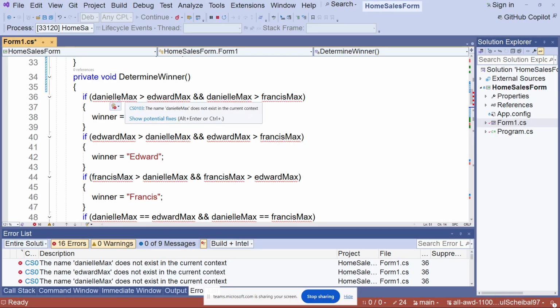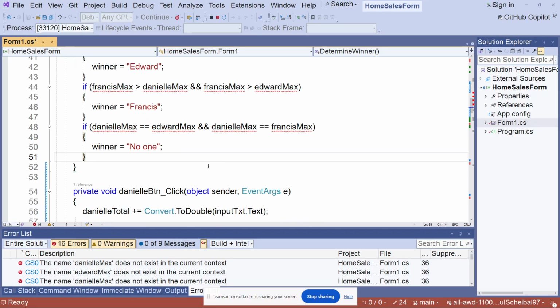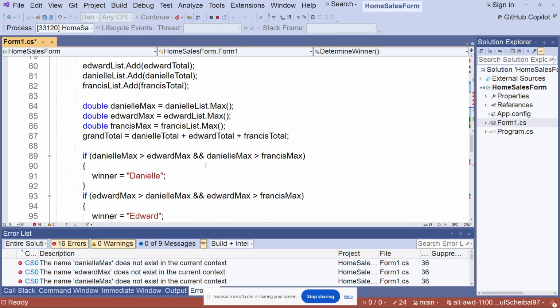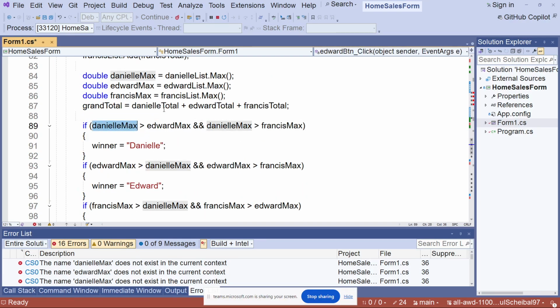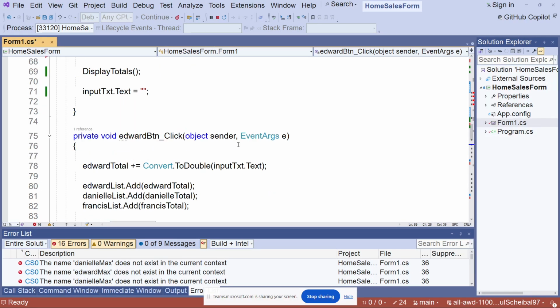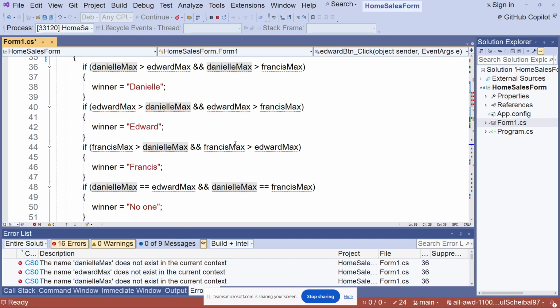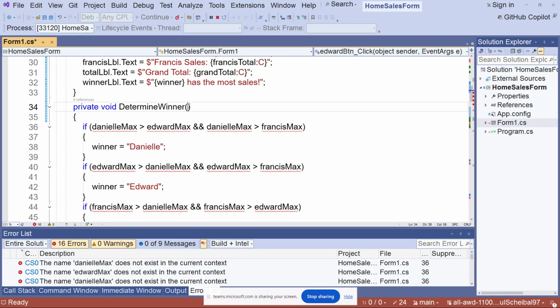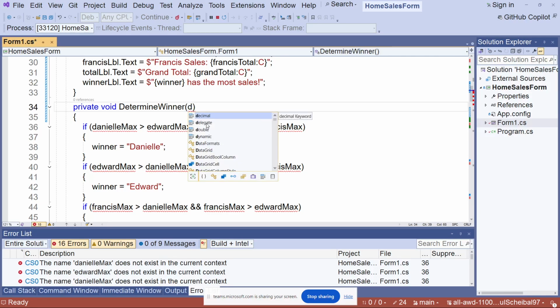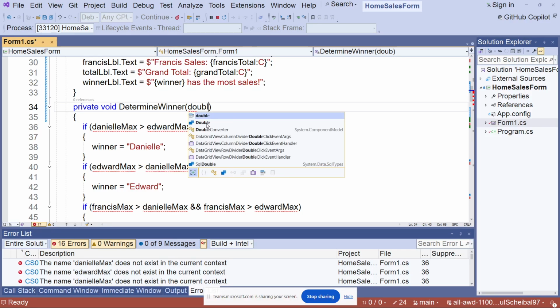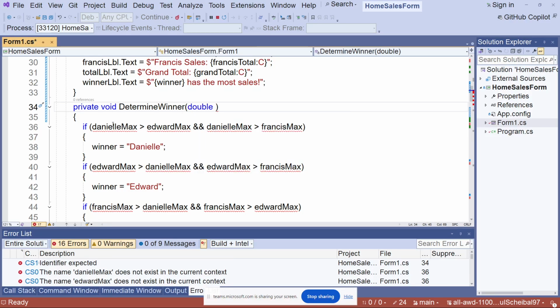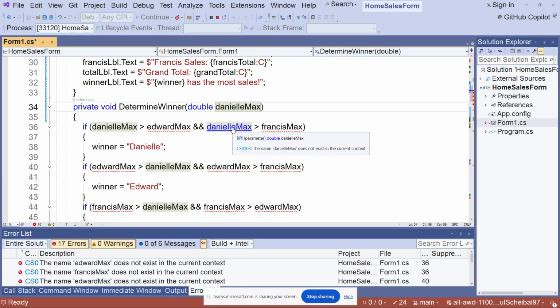So let's go look at Daniel, Edward, Francis. I know we already cut it out of there. Let's go here. So what was Daniel? Daniel's a double, right? So what we're going to have to do here, all of these are these max. So we're going to have to pass variables here, right? Parameters. So we're going to do this, right? And then we're going to do,